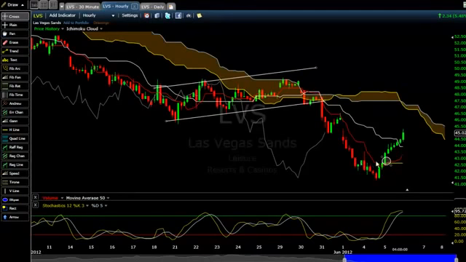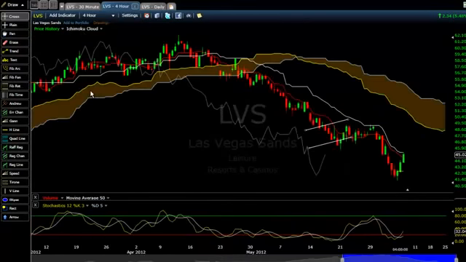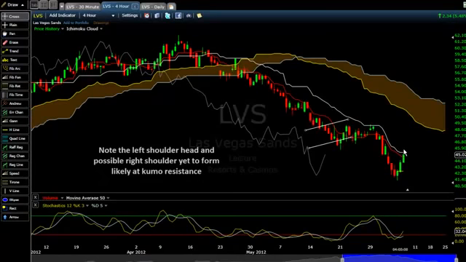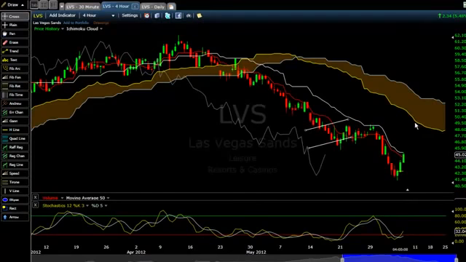and we're almost going to get a TK cross right here on the 60-minute. So we're going from the 15 to the 30 to the 60-minute as a continuation, and depending on what happens there, I'll look at the 4-hour chart. Okay, I'd look for this to be a Kijun cross here, where price would pass through Kijun and close above. That would be a Kijun cross. We got the stochastics oversold and crossing. And then I would look for a TK cross to the upside. Then I would look for resistance up here at the 48-49 area,